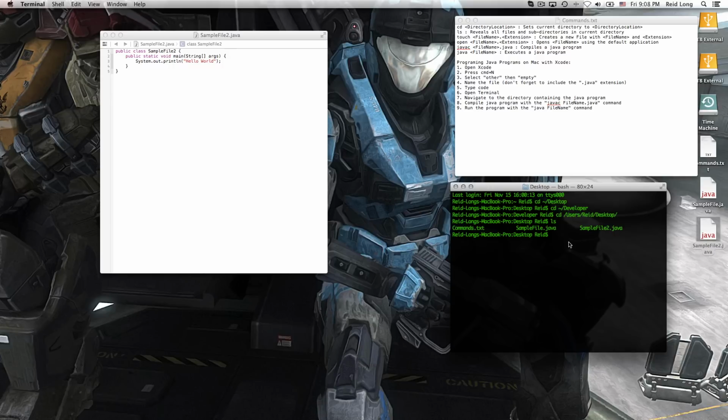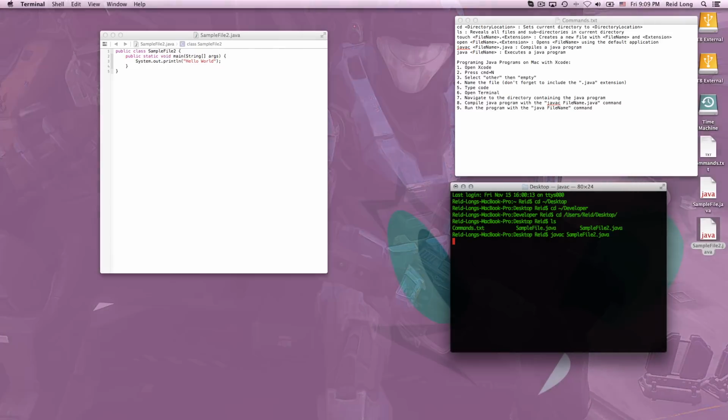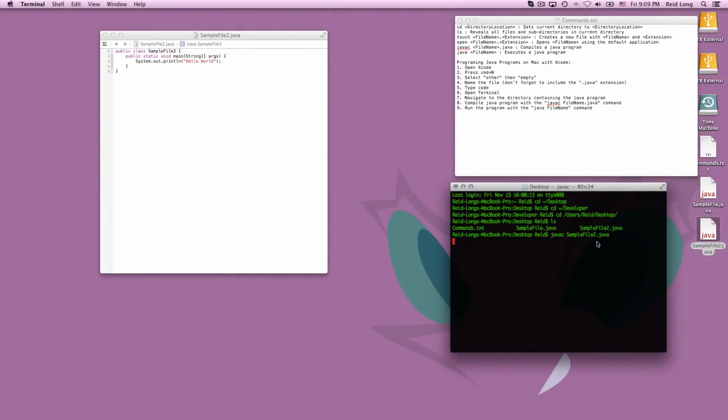So then it's time to compile it. You will do javac samplefile2.java. And it's going to compile it. Hopefully there might be an error, and if it's an error, it will pop up here. Nope, it doesn't look like I have an error. So it also created the class file for you in the desktop or wherever the directory is with the Java file. Then you'll do java samplefile2, and it should run, and it will print out hello world directly to the